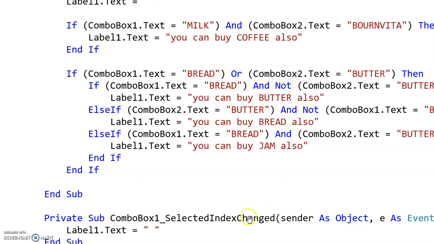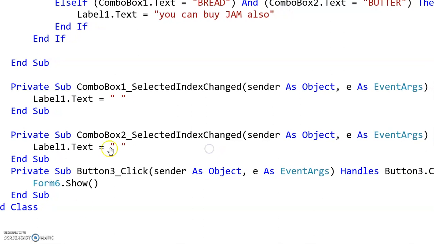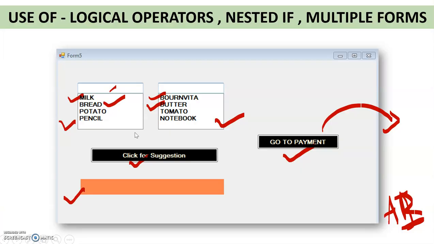A few things you need to take care of: whenever the combo box 1 selected index changes, meaning whenever you select the items, at that time you will give the new suggestion to the user, so you have to clear the label text. Every time you need to clear the text of the label, whether it's button 1, combo box 1, or combo box 2, right?